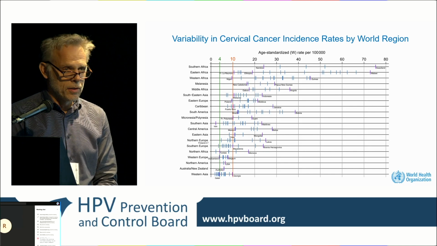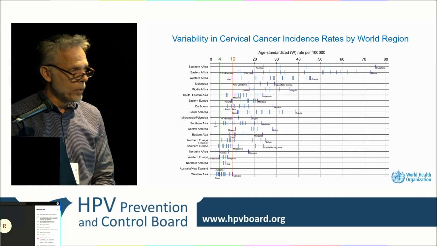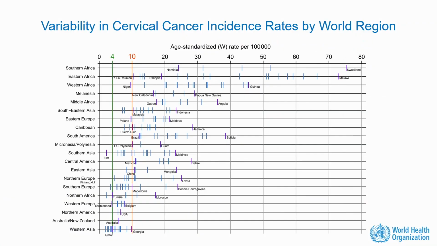There's no need to say we have been talking about cervical cancer. Here you see the wide variability that exists in the world. The main notion is that there are regions where incidence of cervical cancer is extremely high, which corresponds with Gavi countries. So this goes back to some of the concerns about how the current allocation of the vaccines is distributed. Other regions are very low, some below this green line. You see the green line of 4 and the red line of 10. You may remember those when we go further.